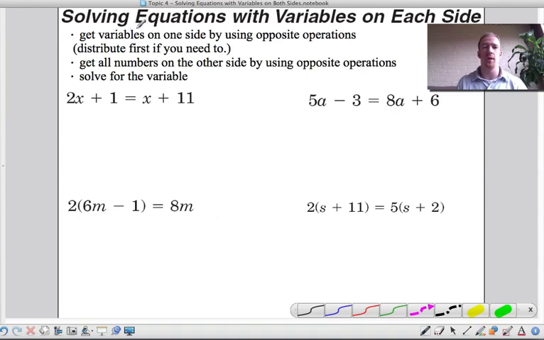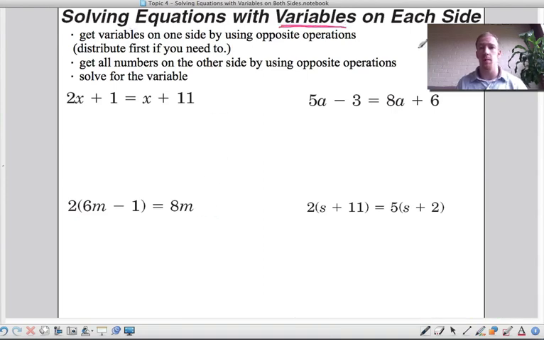Alright, so here we're solving equations when the variables are on both sides. So variables on each side. See, we've got variables on each side. You may need to distribute first or do your other order of operations just like you would for anything else. So the key here is to get all the numbers on one side and get all the variables on